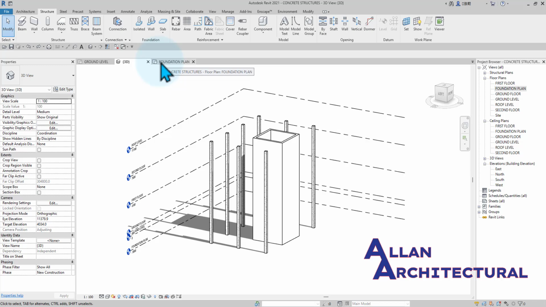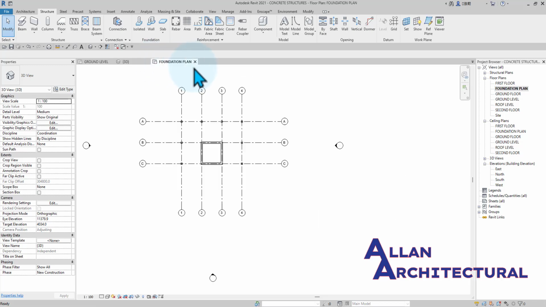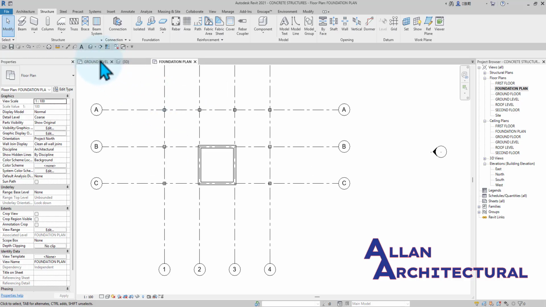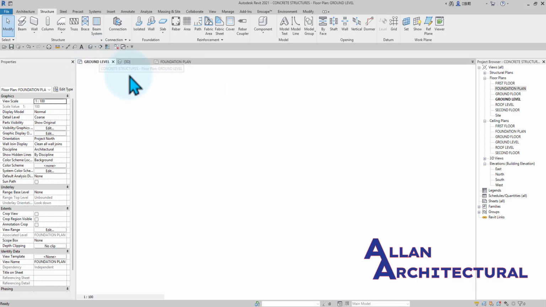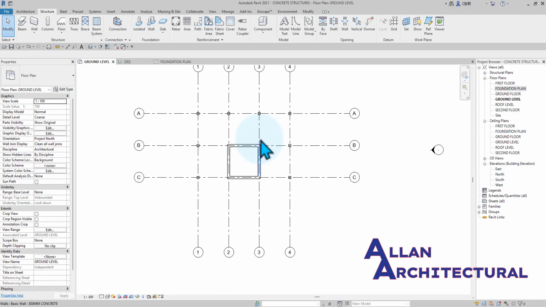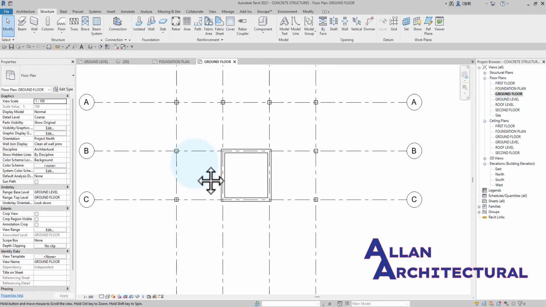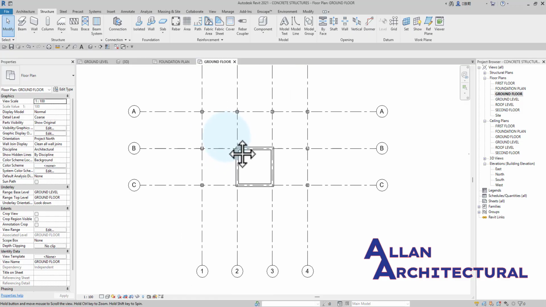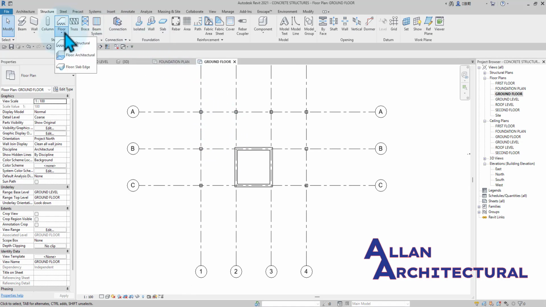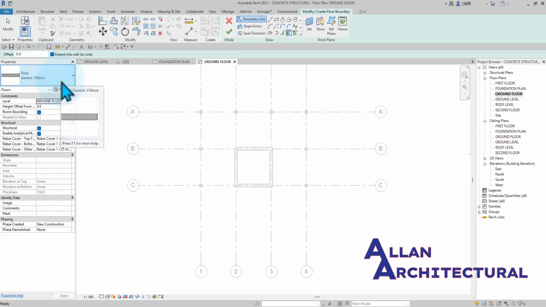All right, so let me just get back into the foundation. I'm not going to do that at the foundation level. I'm going to do that at the ground level. All right, so I'm going to do the floor slabs on the ground floor. We need to also do the same for the floor. So just click on that drop-down menu and click on the structural floors. All right, so with the structural floor,